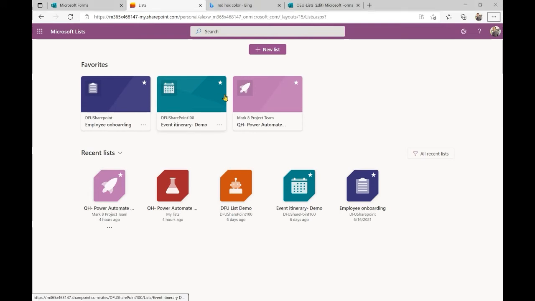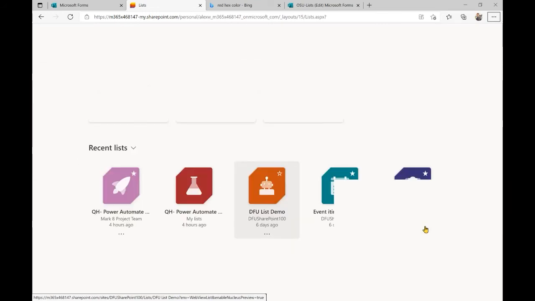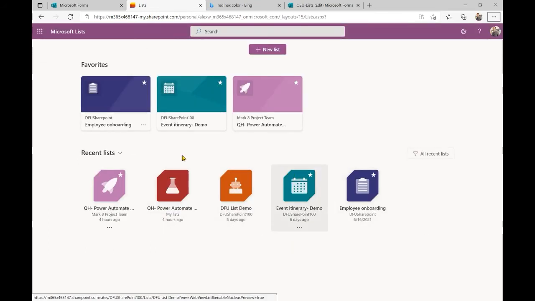Okay, perfect. So here you have your recent lists. If you look down here, it shows you the last time you interacted with those. These are not all lists that I've created. This is the only one that I've created, and this is just a copy of that. These belong to other teams that I'm a member of that someone else created, but I have access to them because they gave me access as a team member.